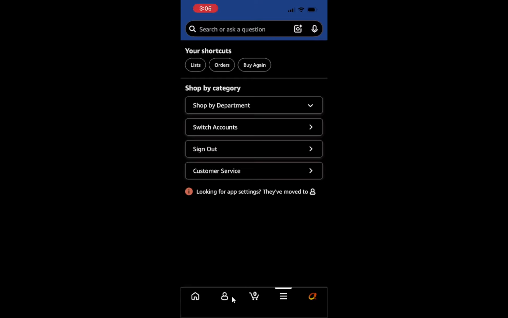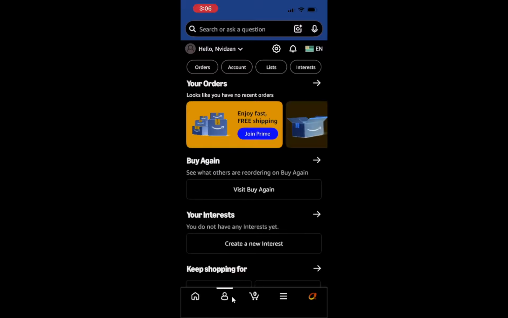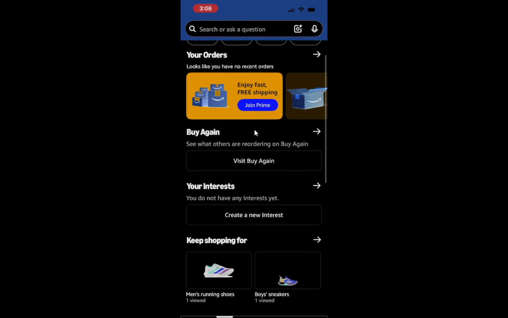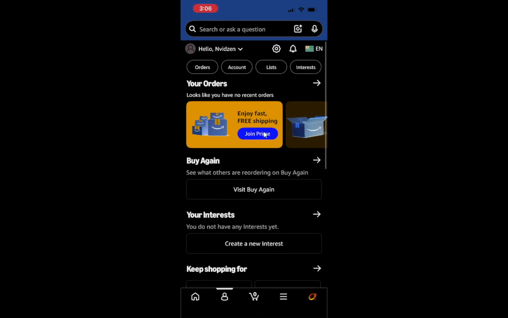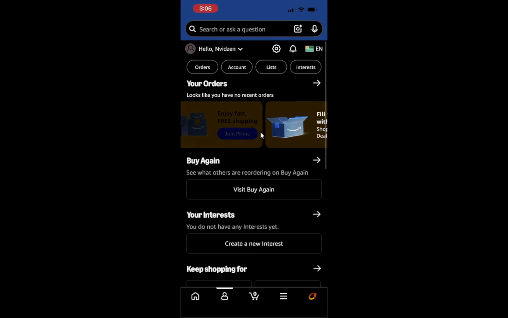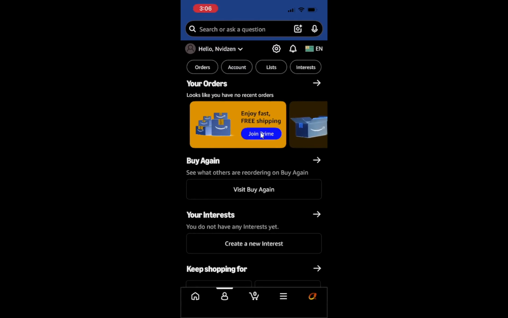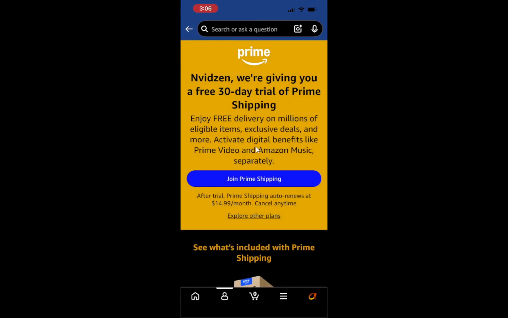When you tap it, the screen will slide over to show a long list of options, including your orders, your account, and various programs. From there, look for an option labeled Prime or Try Prime. Scroll down the menu slowly so you do not skip past it, since it can appear in slightly different spots on different accounts. When you find Prime or Try Prime, the text might be highlighted or have a small crown-style icon next to it. Tapping it will open the Prime information page.